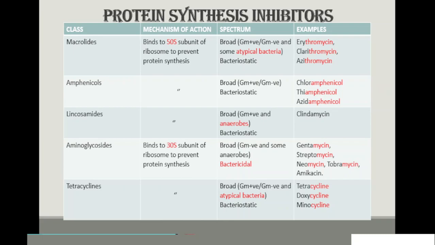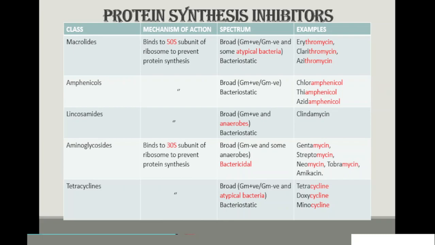So the second category of antibiotics is protein synthesis inhibitors. The bacteria need protein to act. Therefore, if you inhibit the protein synthesis in the organism, it normally weakens the organism. The drugs that weaken the organism we call bacteriostatic. They do not necessarily kill. However, take note of this: